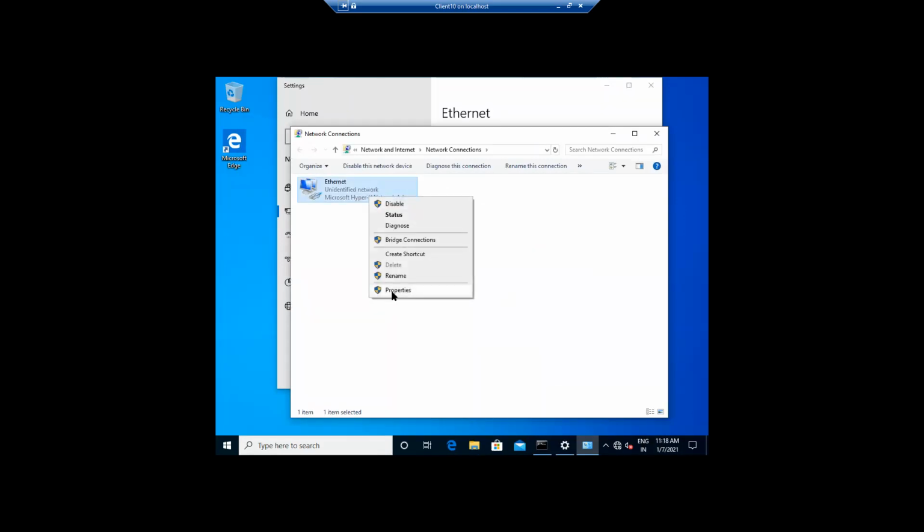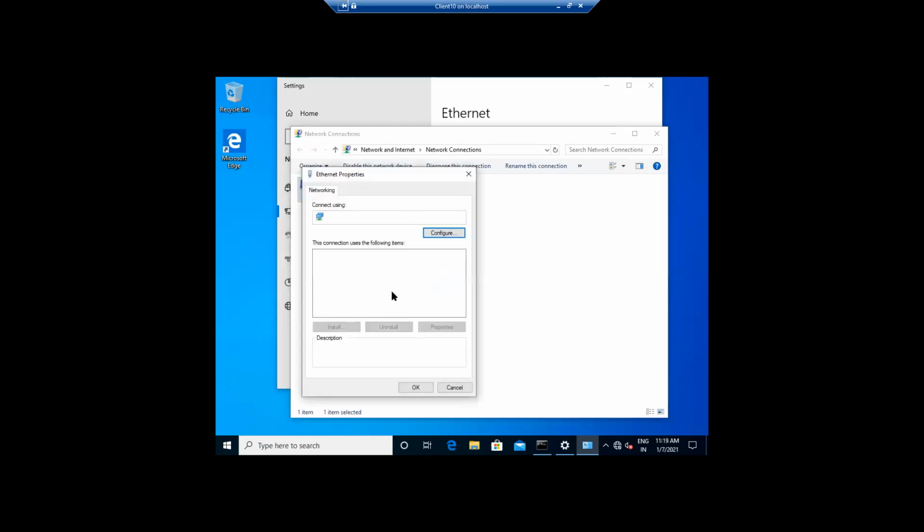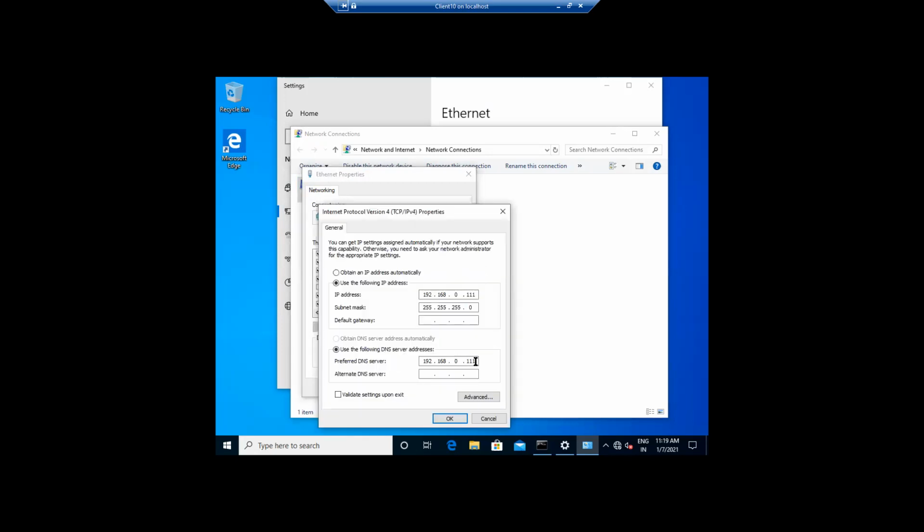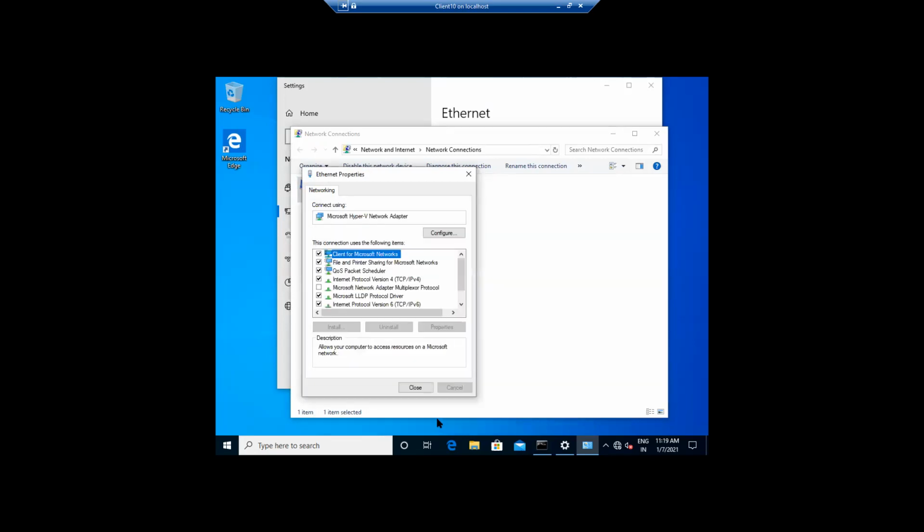I will right click, Properties, then TCP/IPv4 properties. I will make it 192.168.0.110 for the DNS.